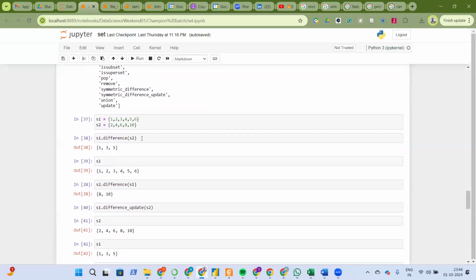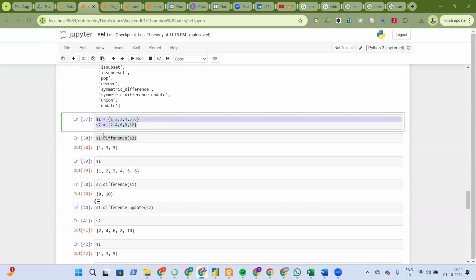Where is differences now? Okay, this is where we were looking at difference. This is where we started. This is what you're talking about, Dr. Kifa. Yes, we initially had two sets, S1 and S2. Now, the first thing is that when you run S1.difference(S2), it's looking for the difference between the first set and the second set, and it's going to return that difference. That means the values that are in S1 and not in S2, because S1 was first. You understand? Yes. So these are the values in S1 that are